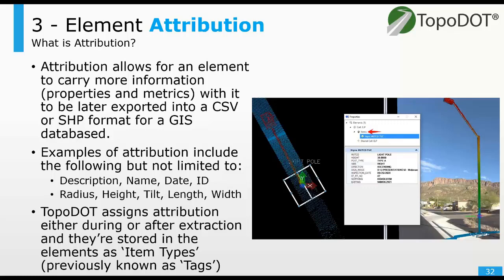And that information is going to be stored compatible with MicroStation, the Bentley product, and the Connect platform as item types. They were previously known as tags, but now we're using item types. But you might hear the word tag here or there. So if we look to the right, we can actually see a light pole. It's just a cell, and we've tagged some information to that. Information such as the name of the object, the height, post type, what side of the road it is, etc. We even stored the image associated with it,